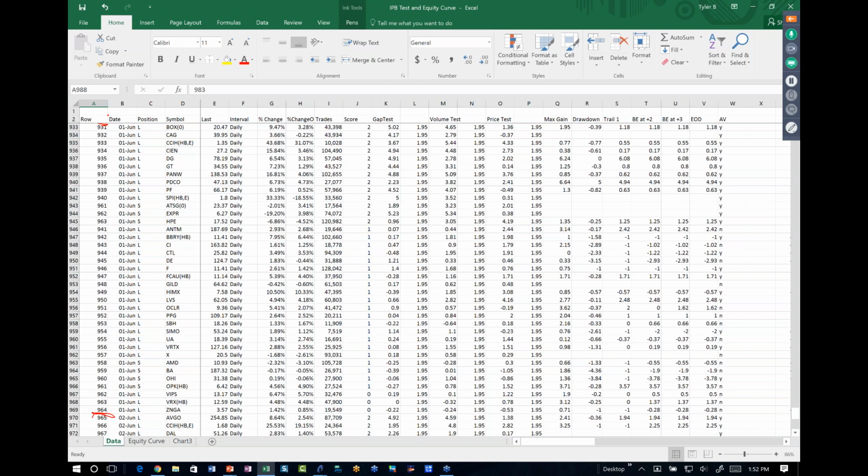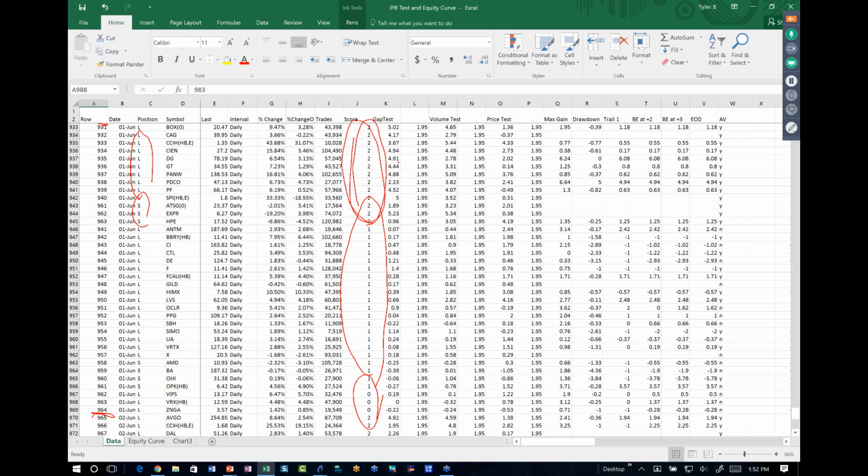Some of them were longs, that's an L. Some of them were short candidates. I also rate the stocks on my watch list. So part of that service that I offer you is I will put a score on the stocks. 2s are the best, 1s are okay, 0s not great. I personally only trade the 2s.